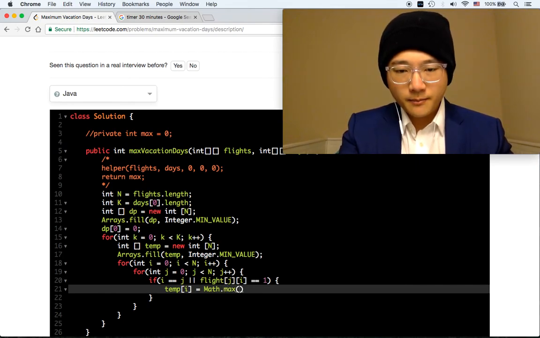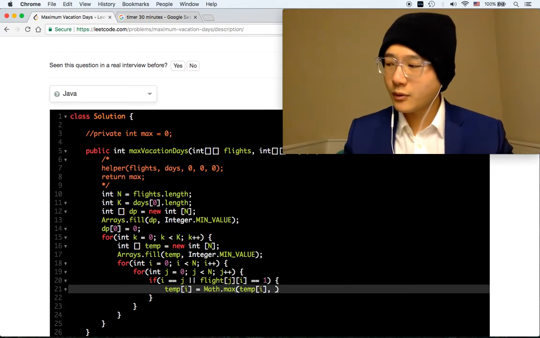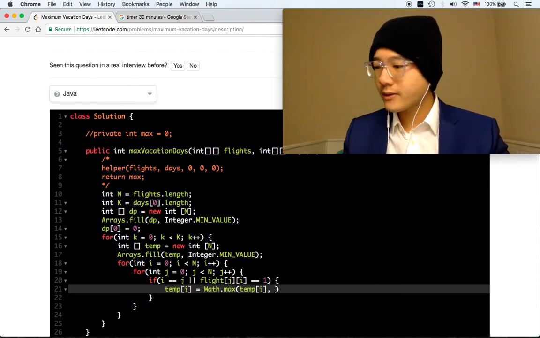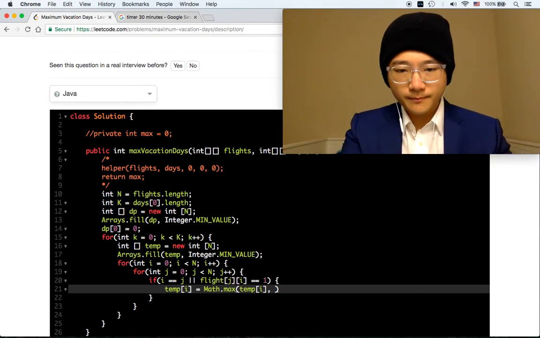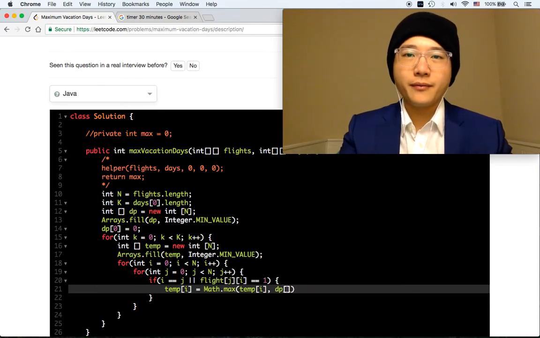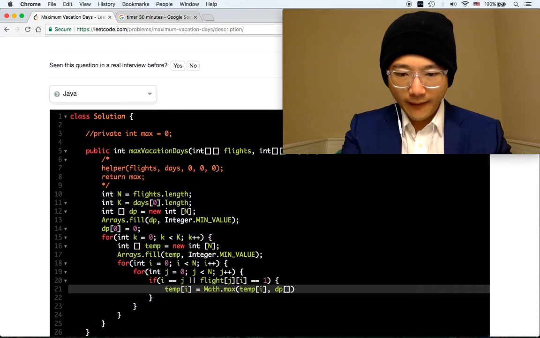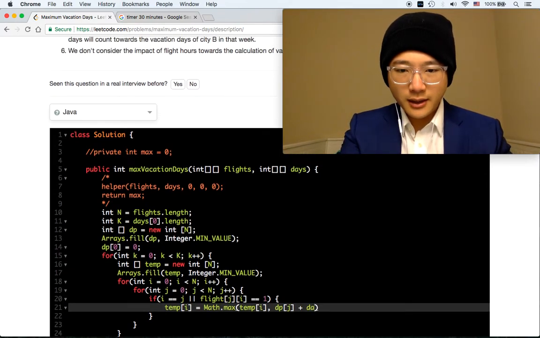So we're going to compare the current maximum day or the maximum day of the other city plus days